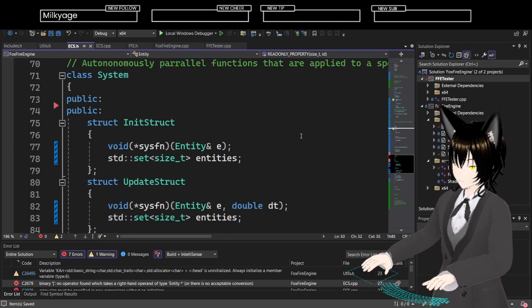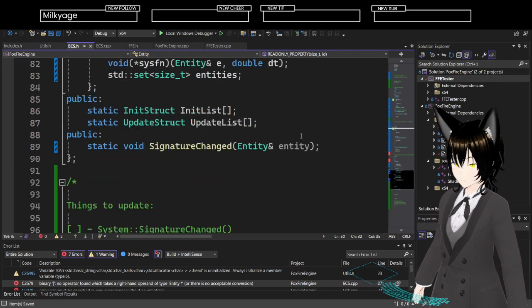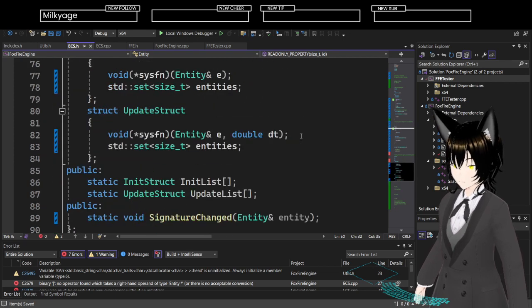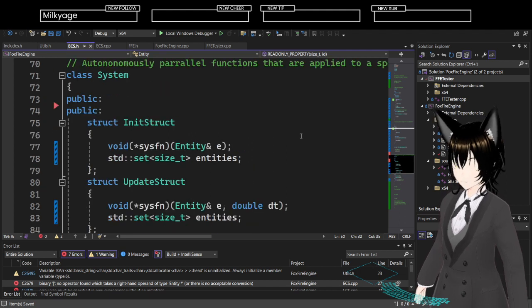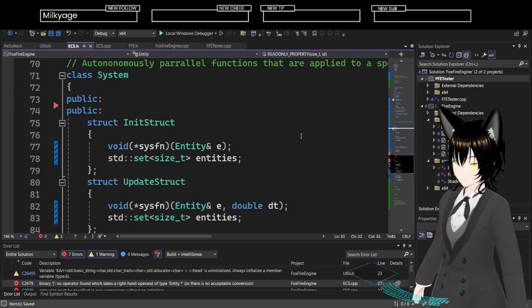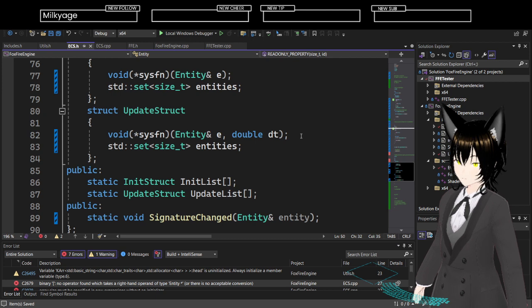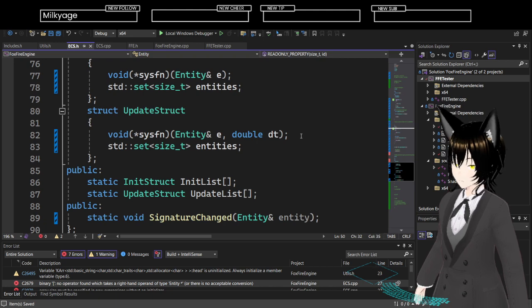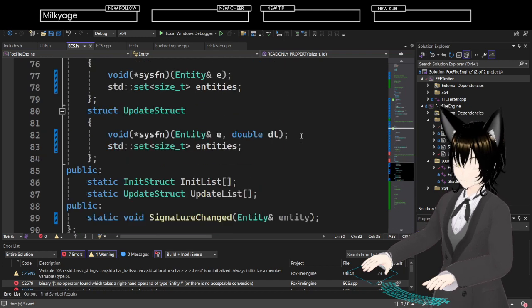Because I do want to have instantiation of systems at some point. Oh actually, that's not too bad.